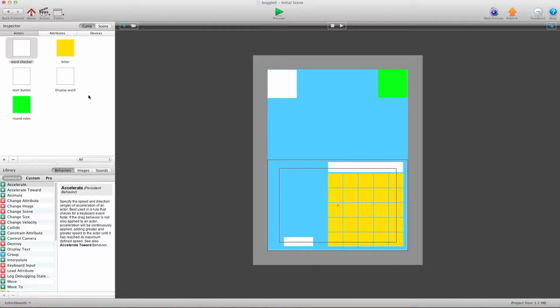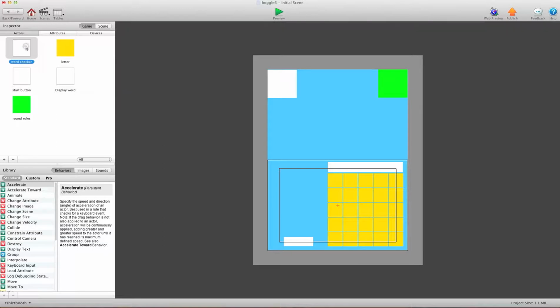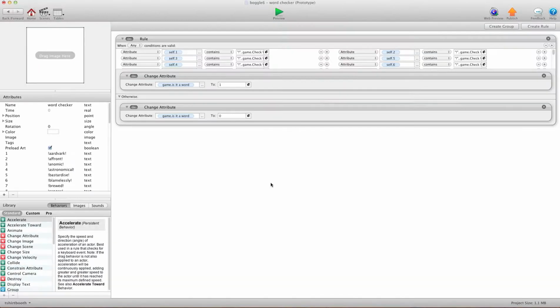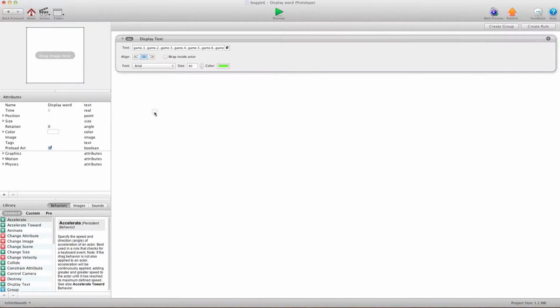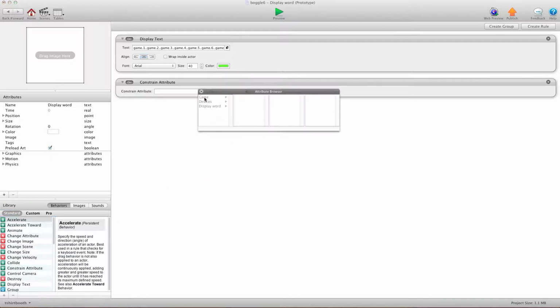Okay, so the first thing we want to do is, as I said, drag the checker in here. I'm going to open the checker, just make sure there's no extra code. There's not. Okay, so the trigger is: is it a word equals 1 or is it a word equals 0? If it equals 1, it means it is a word. So we're going to go into the display word, and we're going to add a constrain attribute. And we're going to constrain game